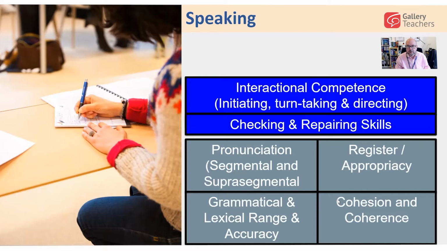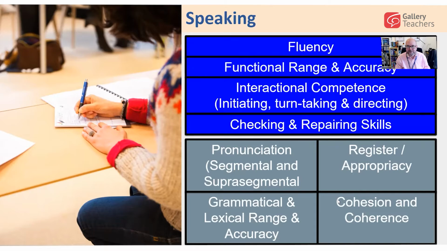So what we have is a series of linguistic areas which are specific in many ways to speaking, but often are overlooked in the speaking classroom. Of course, we want to work on the development of fluency, and there are many activities out there that we can do. But I would argue that very important for the development of purposeful speaking is the development of a functional range and an accurate use of those functions of speaking. And we're going to look at how to do that in this masterclass.